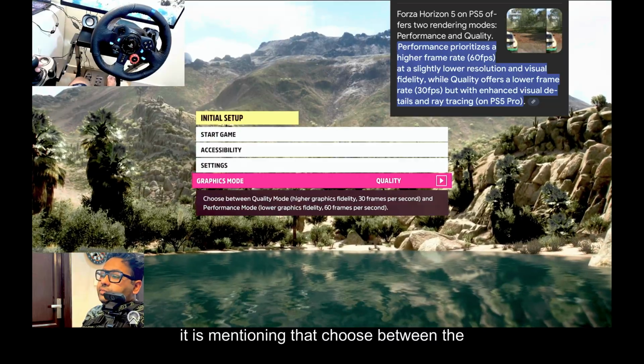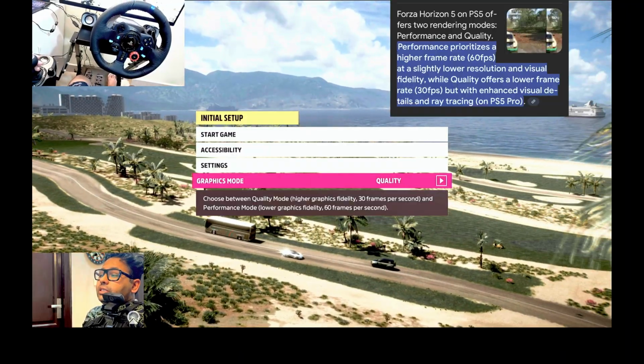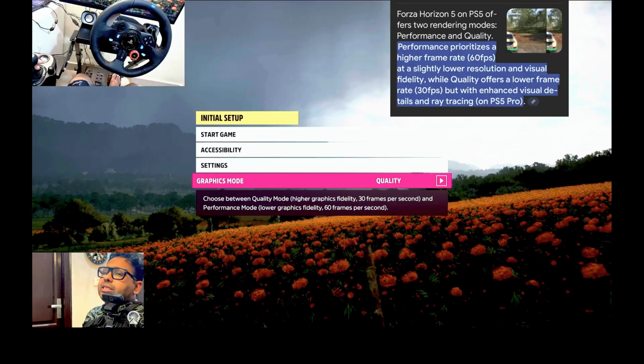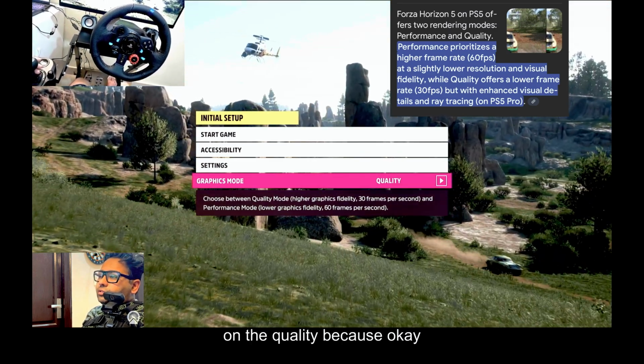Okay, so it is mentioning that we can choose between the quality mode, higher graphic fidelity at 30 frames per second, and the performance mode, which it says is lower graphics fidelity at 60 frames per second. So what I believe is we should play on the quality, because